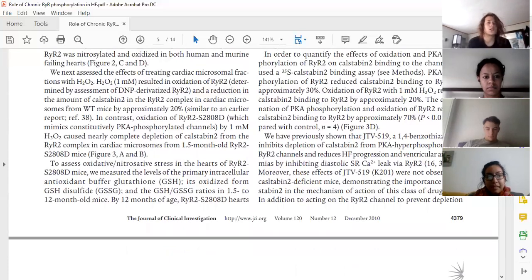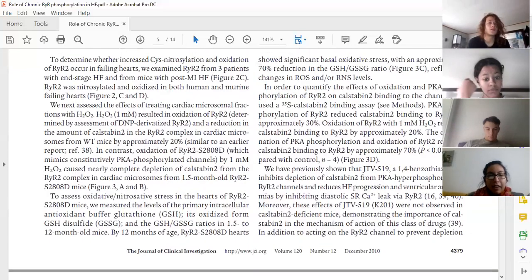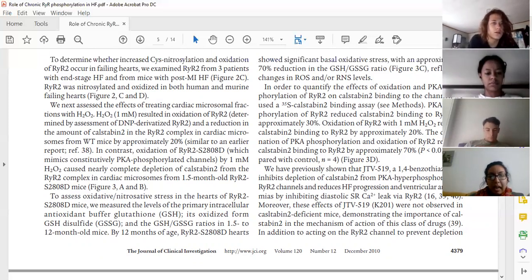We next assessed the effects of treating cardiac microsome fractions with hydrogen peroxide. Hydrogen peroxide resulted in oxidation of ryanodine and a reduction in the amount of calcium in the ryanodine complex in cardiac